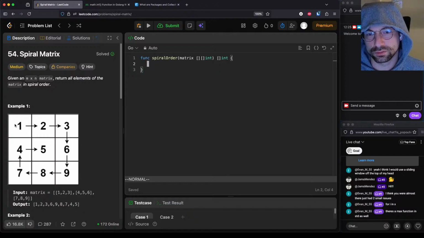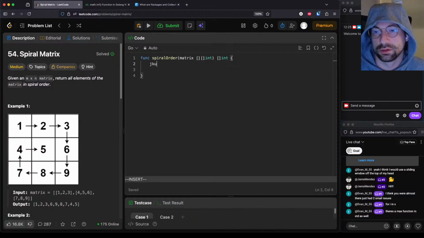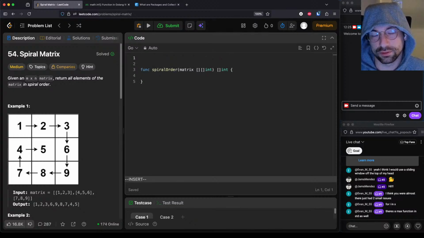So you gotta do 2 for loops, one outer, one inner, and you have to decrease the range and you gotta change direction. So those are the only things. So this is not too hard. I mean, I'm saying that right now, but